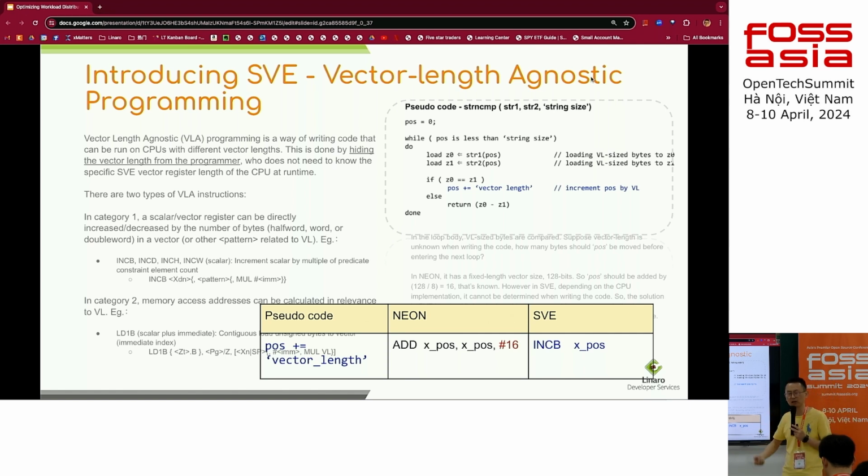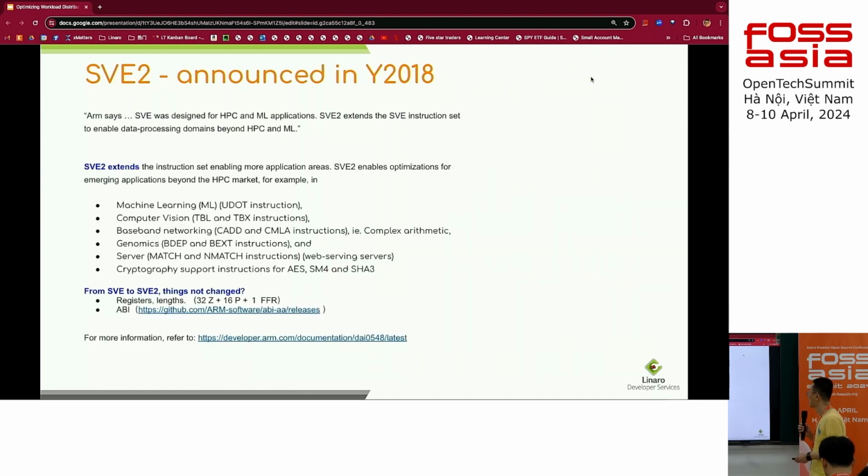If you are running on a machine with a 256-bit vector length, it increases the index by 32. When you write your program, you don't need to care about the actual vector length. That's what it means. Okay, so beyond that, ARM released